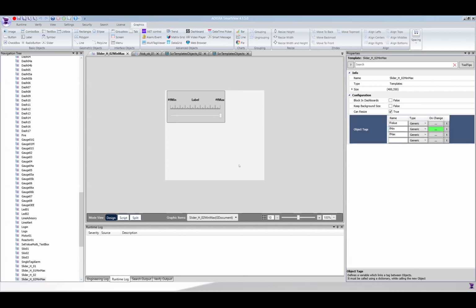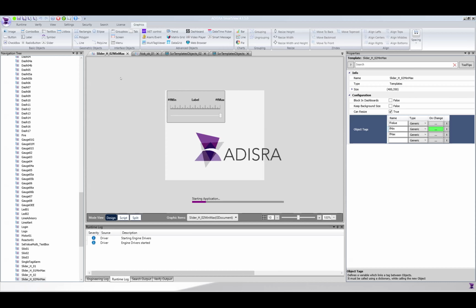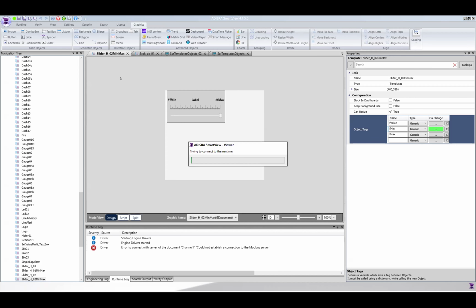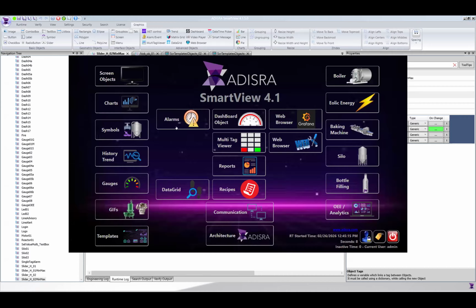So this makes the template very powerful. So you can create more complex templates and animated ones. Okay, so I'm gonna run the application and show some of these templates running. And then I'm going to show some tips and other ways to create